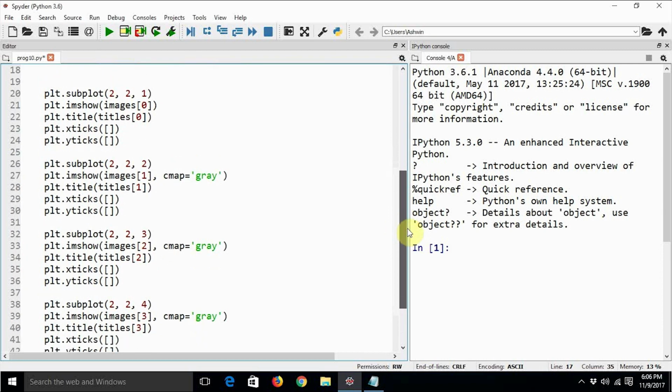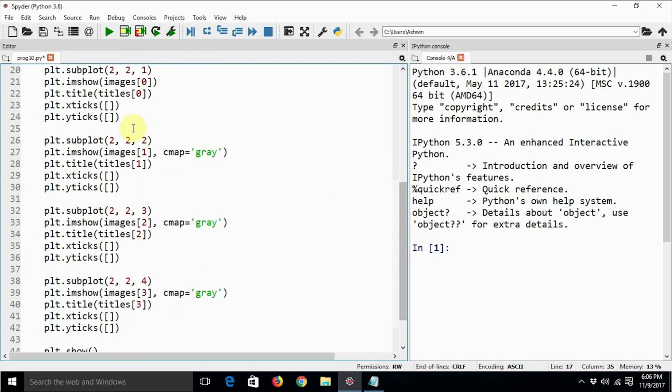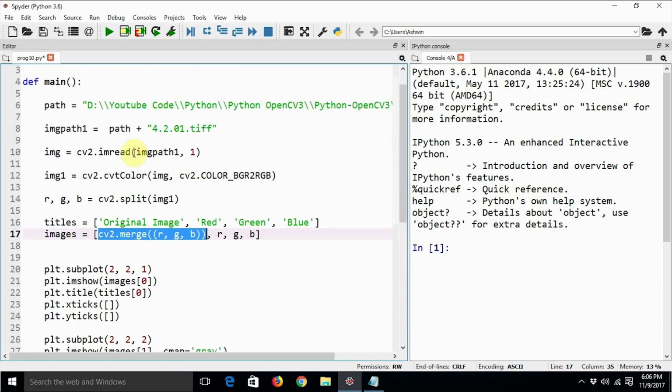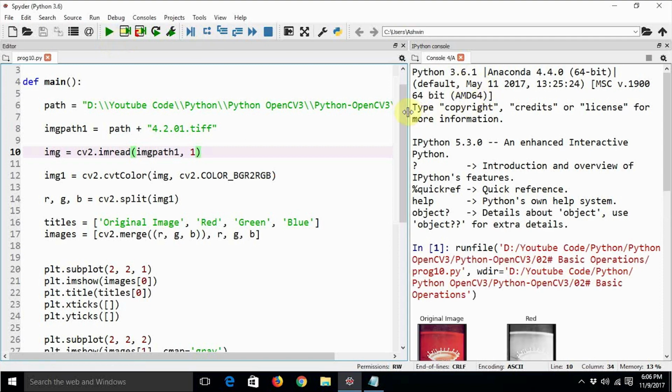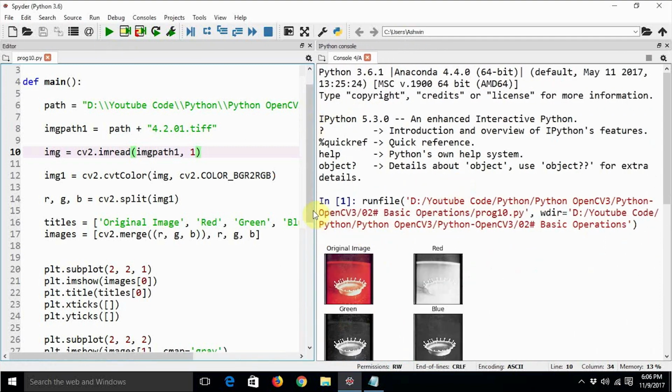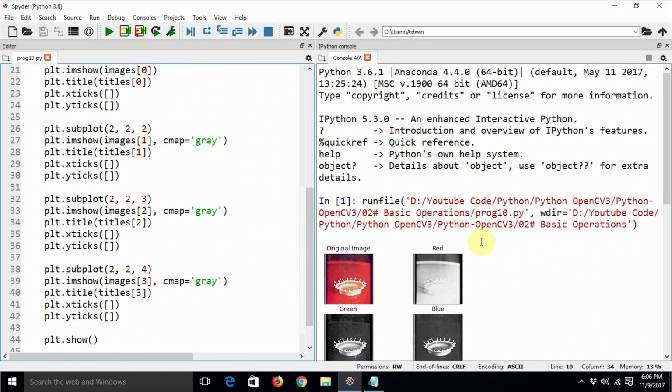Okay, so let's have a look at the code which displays these intensity channels as well as the original image. So this is it. This is the code which uses plt.subplot as well as plt.show functions to draw the required stuff on the screen. So let us execute this code. Mind it that I am using the grayscale cmap for representing the intensity levels of all the channels.